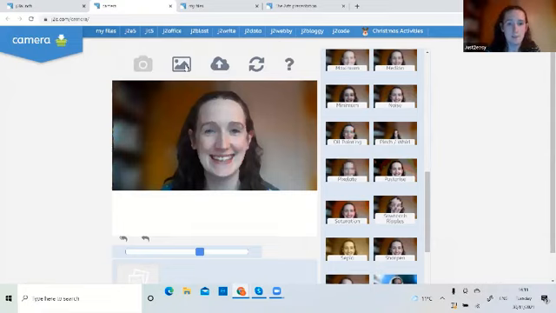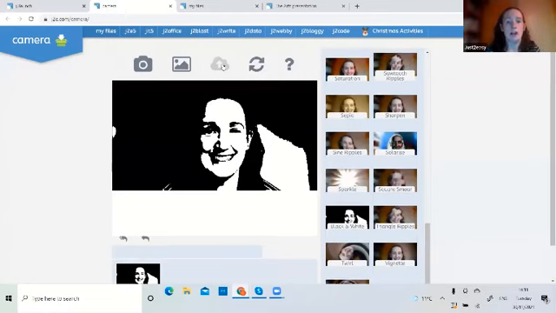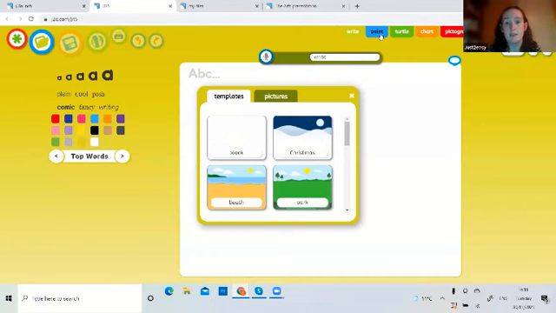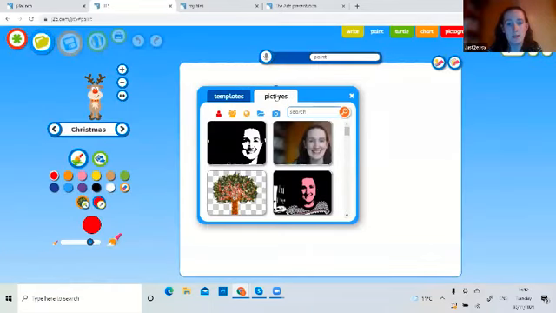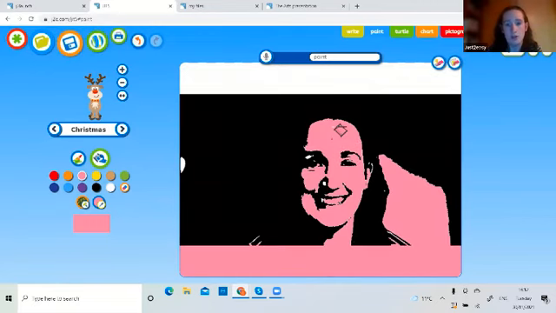So for instance, if I come back to my image, if I was to add a black and white filter and then I save that, I could use this image now to create some pop art imagery. And I would do that like this. We'll come out of the camera, and I'll start by going back into Jit and into Paint, and I'll start by loading that picture as my background. And I'm going to use the fill tool and ask my children to use the fill tool to fill in all the white on their picture, a colour of their choice.